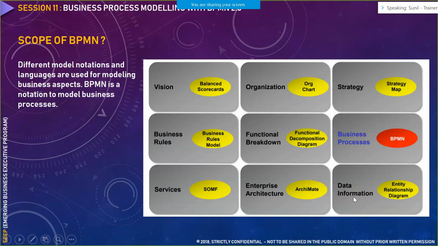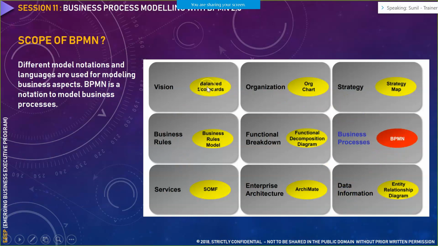Then comes your data information. If there are any data elements involved in your business process modeling, like your entity relationship diagram coming out of your SQL Server, then those data elements you can include in your business process modeling diagrams. So typically, if you want to show some information that is being stored in a database after the end of a particular process, or if your database is retrieving some information before continuing to the next process, in those cases you would be using data information. So all of this scope put together contributes to a business process under business process modeling notation.